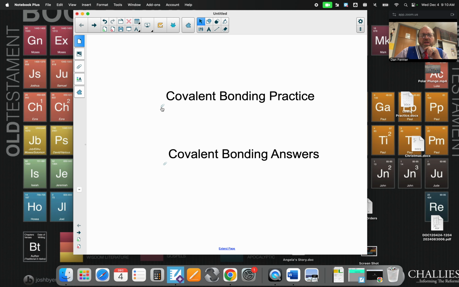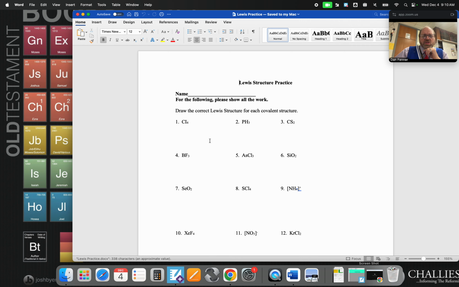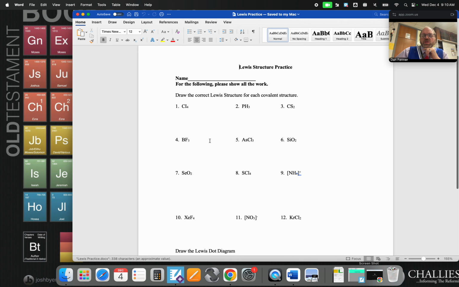So here is the practice for today. I've got 12 Lewis structures, so copy those. CI4 carbon tetraiodide, PH3 phosphine or phosphorus trihydride, CS2 carbon disulfide, BF3 boron trifluoride, AsCl3 arsenic trichloride, SiO2 silicon dioxide or glass, SeO2 selenium dioxide,